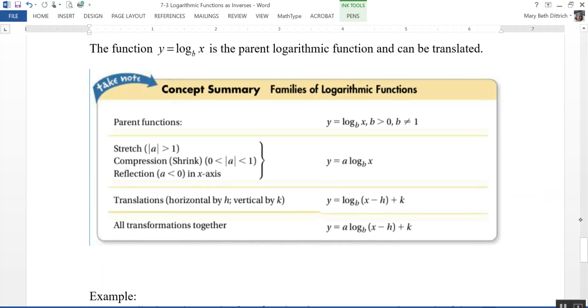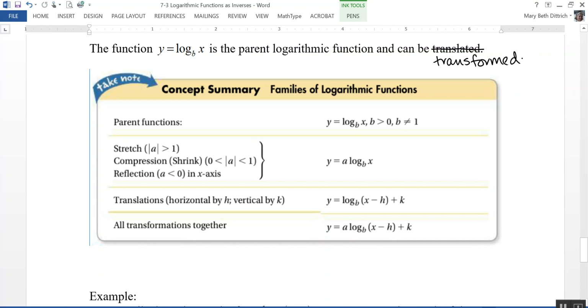And the last thing we're going to take a look at here is transformations. Actually, I shouldn't have said translations. I should have said transformations there. Sorry about that. It can be transformed. So just as we saw with a lot of other functions that we've dealt with, we